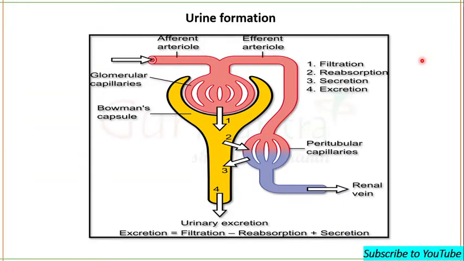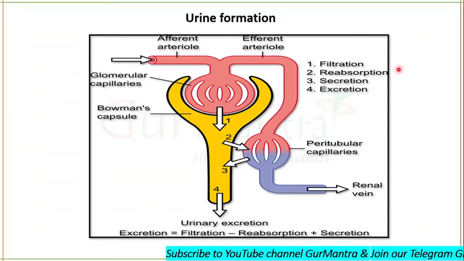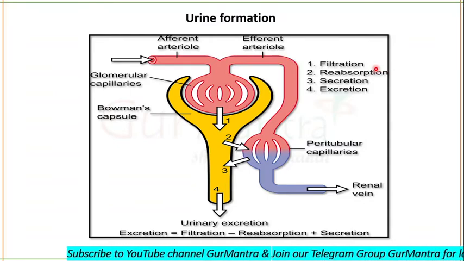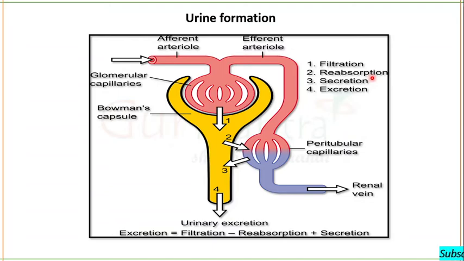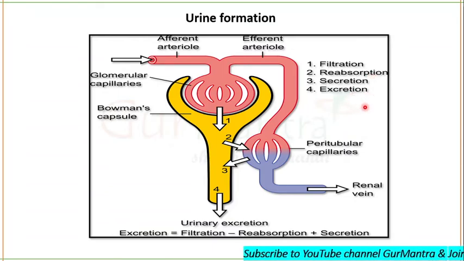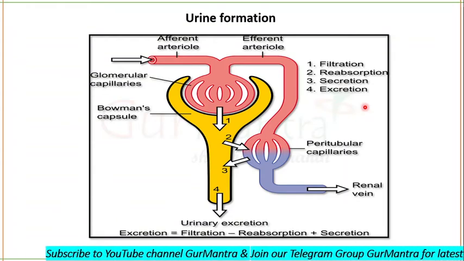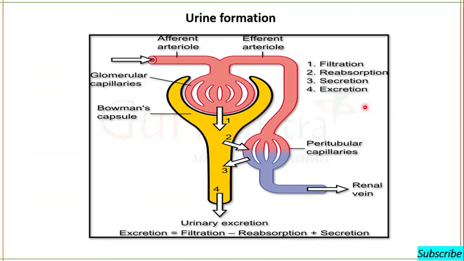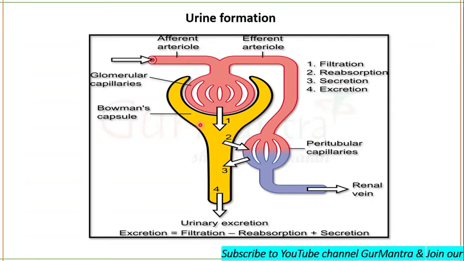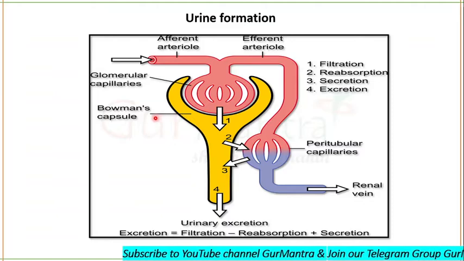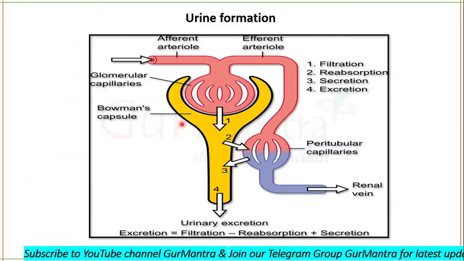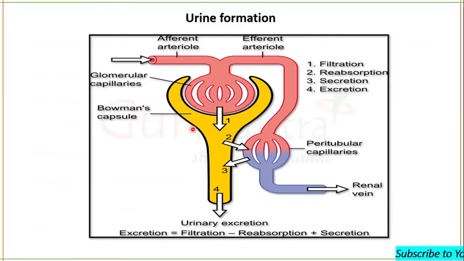You know that to produce urine, the nephron and collecting ducts perform three basic functions: glomerular filtration, tubular reabsorption and tubular secretion. Then comes excretion, which occurs through the urethra, and all the waste is excreted out of the body. Glomerular filtration occurs in the renal corpuscles, also known as Bowman's capsule, and tubular secretion occurs all along the renal tubule and the collecting duct.